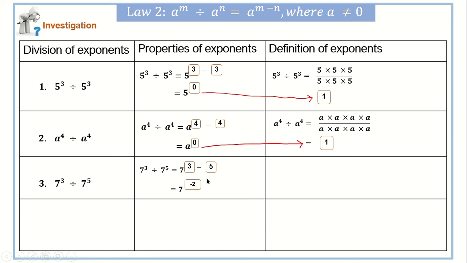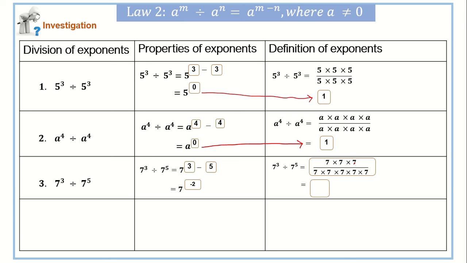But then, what does it mean? Look, if we have 7 to the power of 3 divided by 7 to the power of 5, then we have 7 times 7 times 7 divided by 7 times 7 times 7 times 7 times 7. Now, from this definition, we can actually